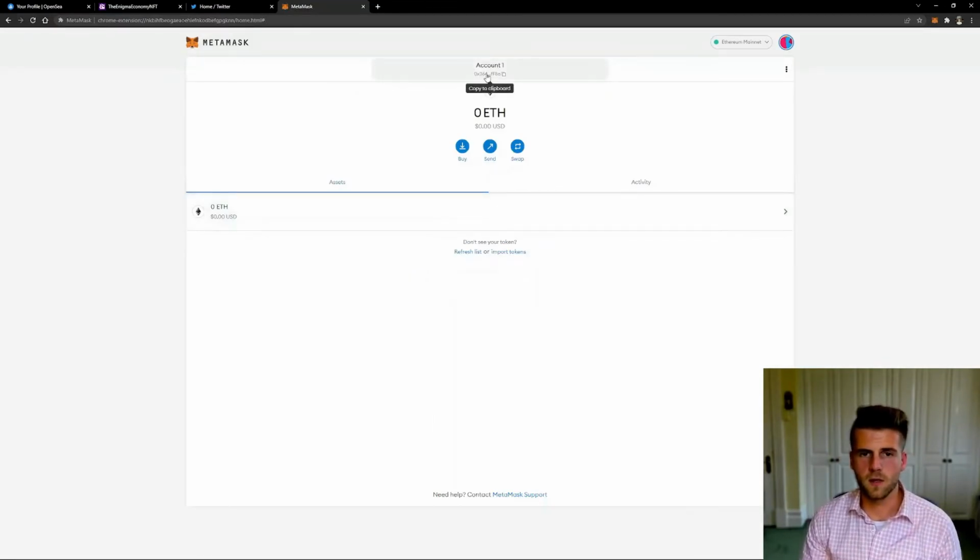Now you'll notice that this address is not the same address that we had previously, and it's not the same addresses that we have loaded onto our Ledger. This is purely a hot wallet. So what we want to do now is connect our Ledger wallet with MetaMask. So to do that, we click our extension,